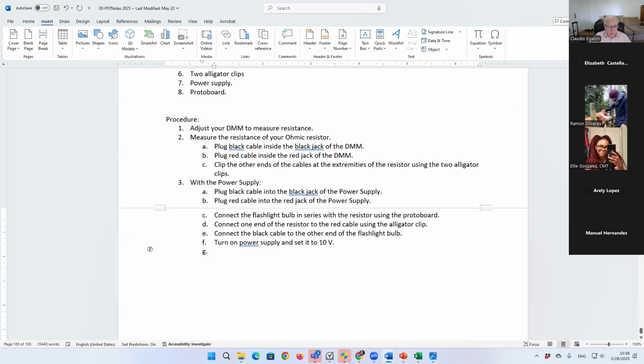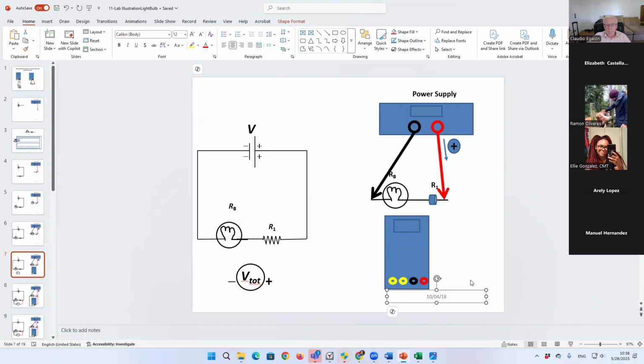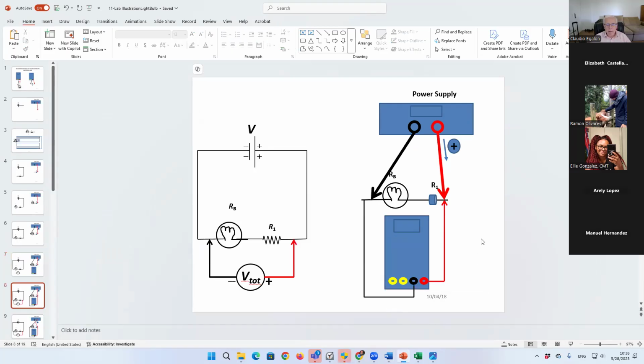So the circuit is ready for measurements. All right. Now, with the DMM, first connect the DMM in series with both resistor 1 and the light bulb. Okay. With the DMM,